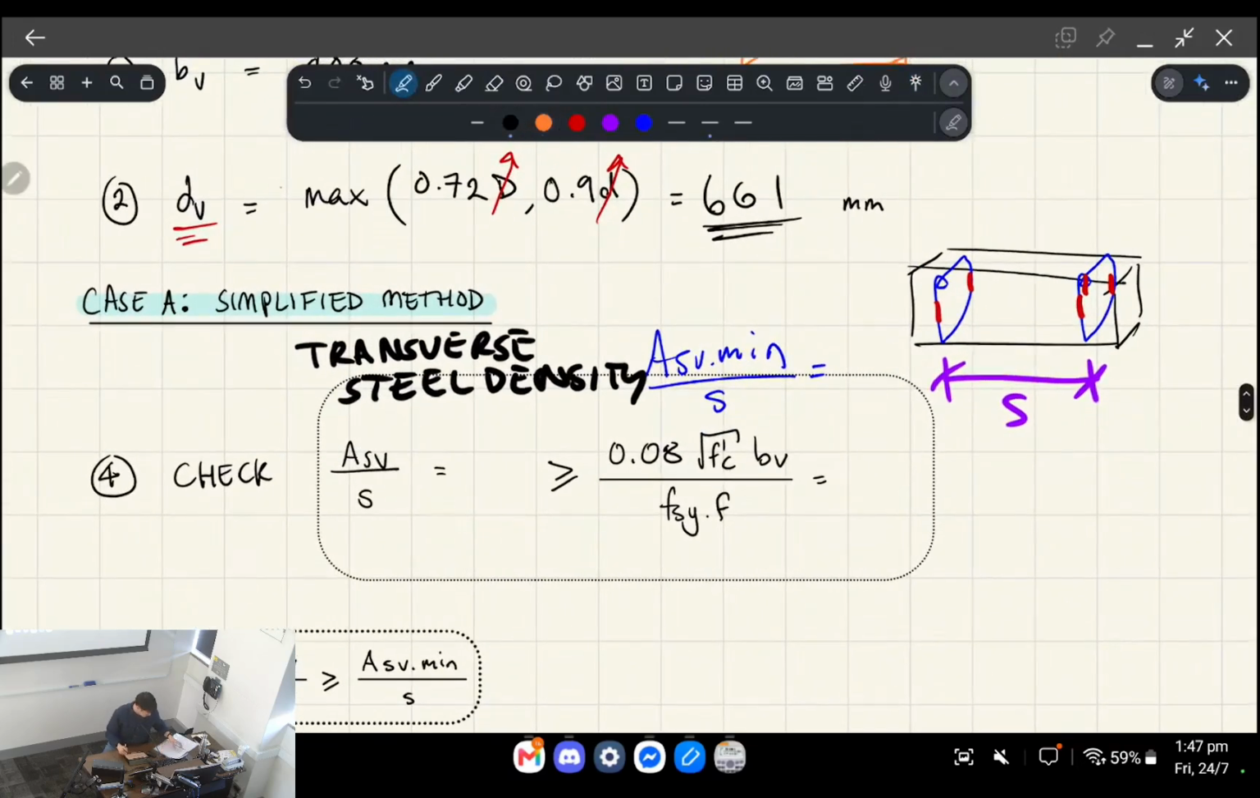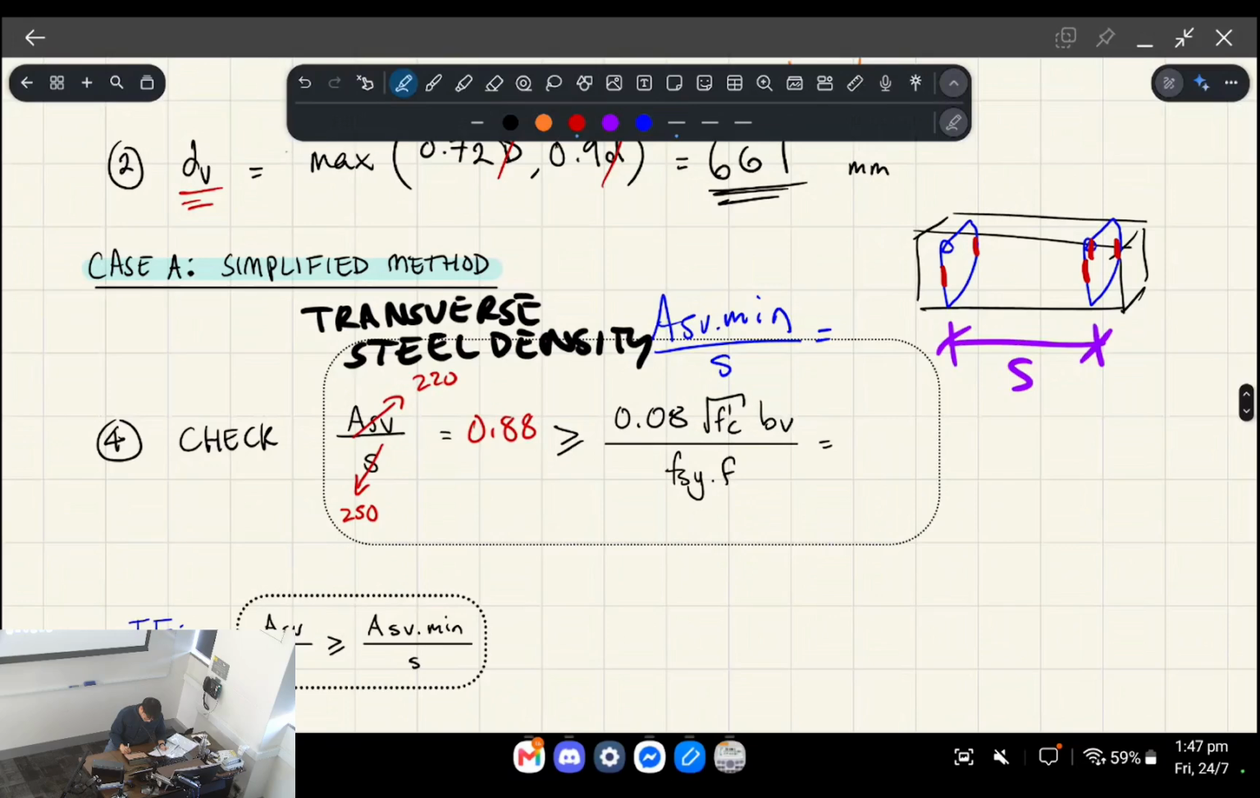Cool. So next, if we plug in these values, right? We're given in the question that ASV was 220, and we're told in the question as well that the spacing is 250 mil. Then we know this ratio, okay? We know the density is 0.88, right? Okay, and then ASV min on S has a formula, and this is the formula, all right? And so what we can do is plug in F'c, we can plug in BV, so this was from step 1, right? And we can plug in